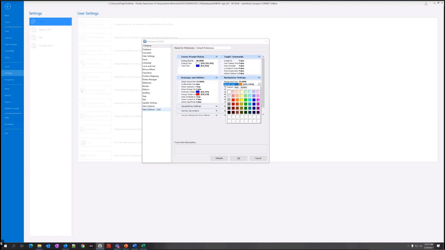So let's just make it, purple is going to be a little dark. I'll just make it green for now. Probably with green is going to be green on green, but we'll give that a shot. See if we can see it.